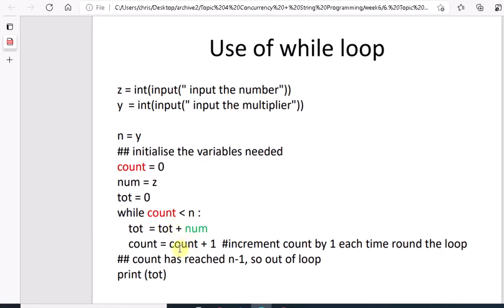So then I'm going to increment the value of count by 1. So the value of count is 3, while 3 is less than, and so on, and so on. And I think you can work out the fact that when the value of count is 9, we've actually added the number to the variable TOT 10 times, I'm going to jump out of the